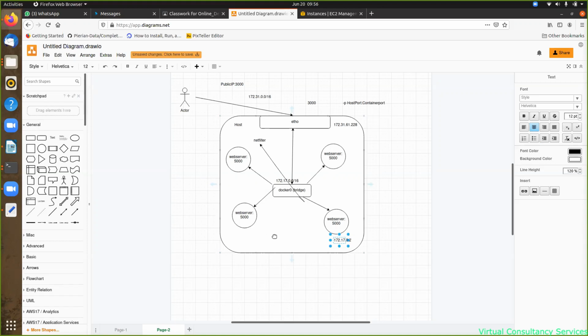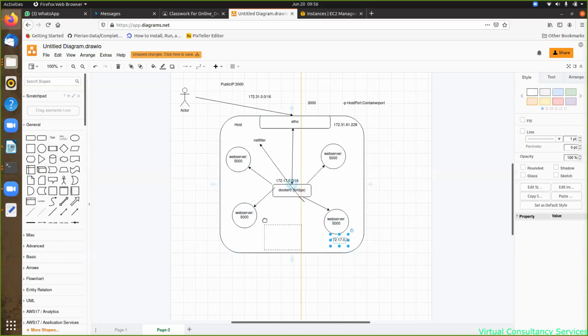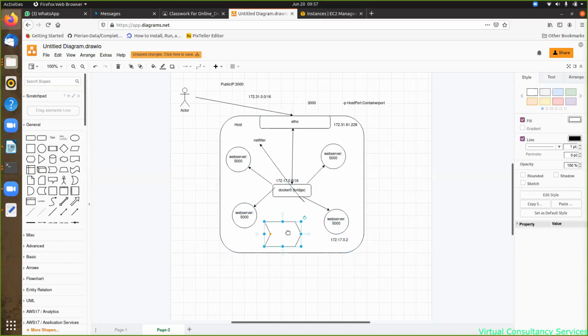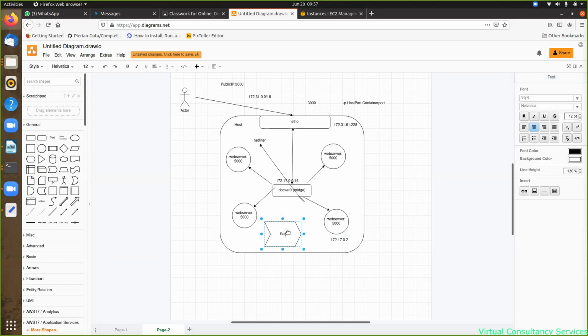Even if there is a service, say for example I install Jenkins in this EC2 instance. So I will take this diagram. So this Jenkins is not a container, first of all. It is a service which is running in the instance. And say I have configured this Jenkins to run on port 5000,